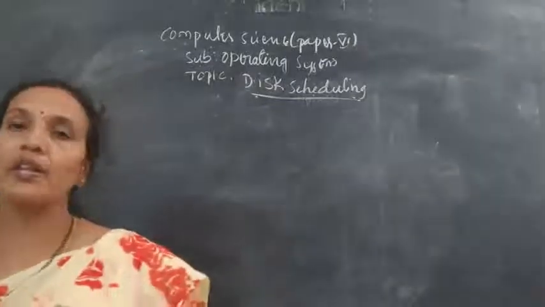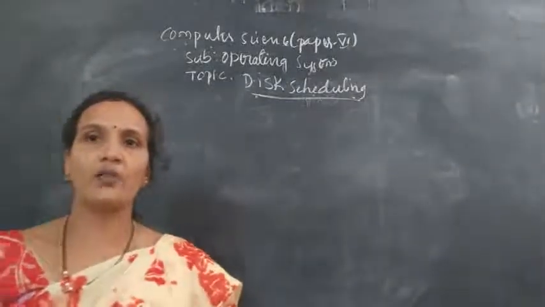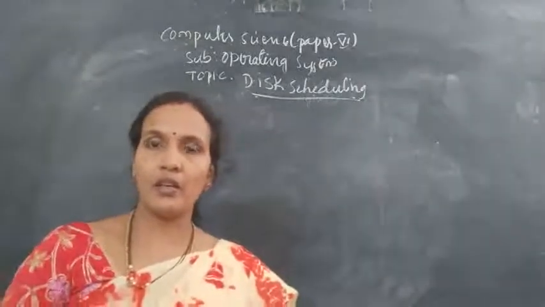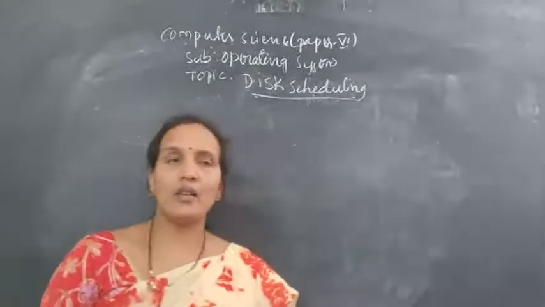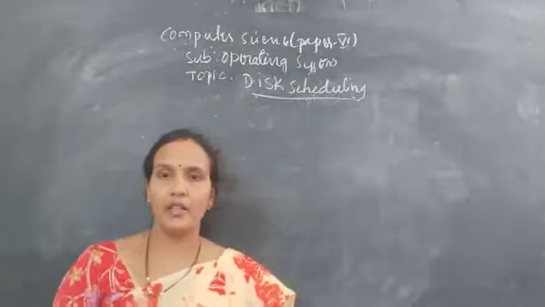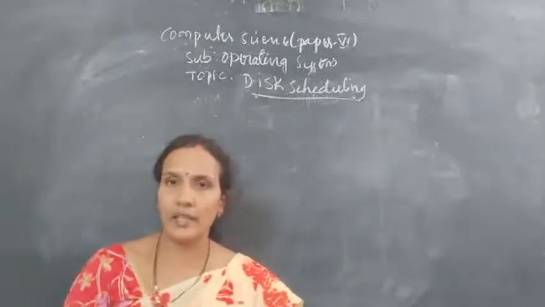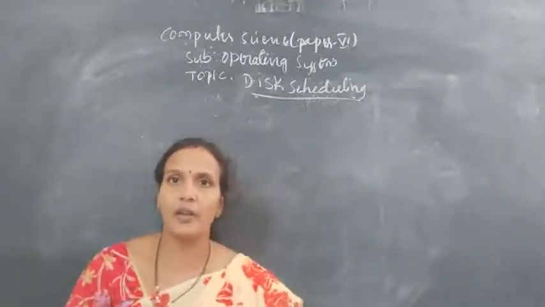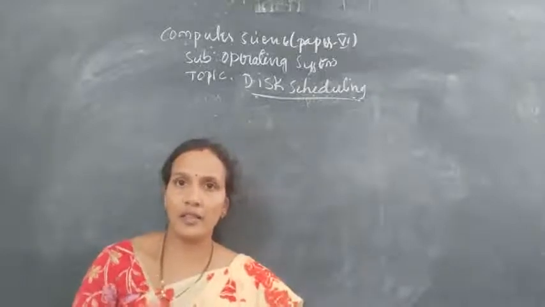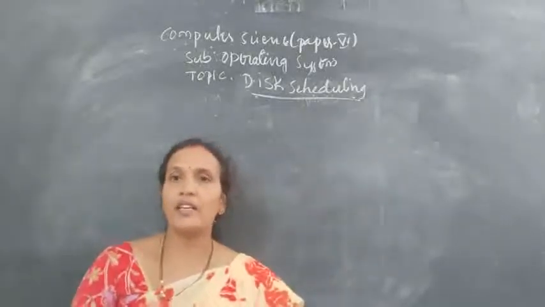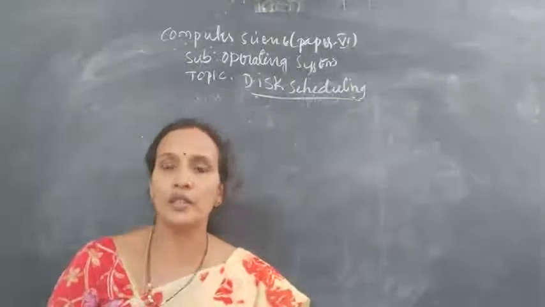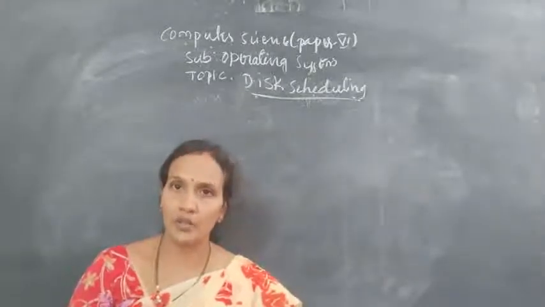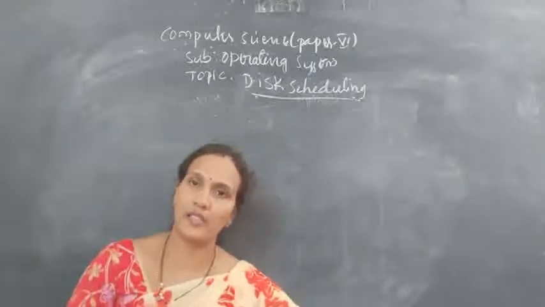Whenever you give a request to store data or read content from the hard disk, there should be an appropriate method which can reduce the unnecessary rotation of the read and write head, so that it can increase the throughput of the hard disk. In some cases, the requests the user makes exceed the read and write head movement, and then the throughput of the hard disk will come down. This happens when more than one user is using the same disk, in concurrent access.